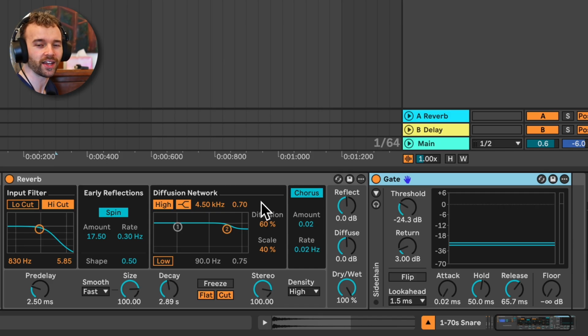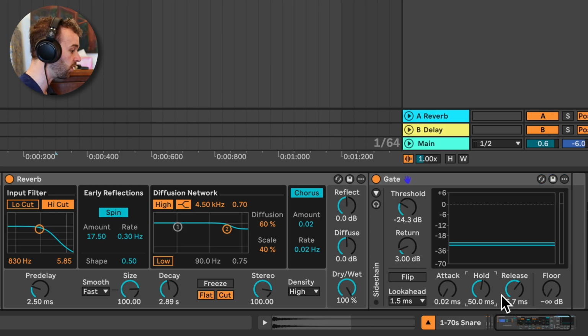For those of you who don't really understand what a gate is, basically, as soon as the signal goes above this particular threshold, the gate will open, and then when the signal falls below the threshold, or in this case 3 dB below the threshold because of this return control, the gate will close, turning down the sound over the course of the amount of time we have set by this hold and release control to a level determined by